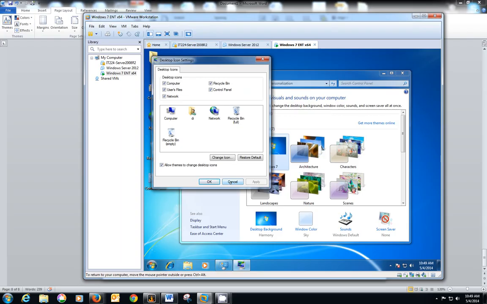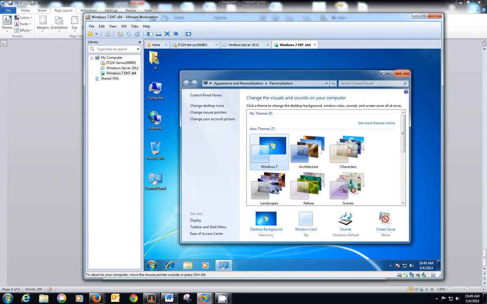Some people call it a fault. So I put all the icons on the desktop. Now,